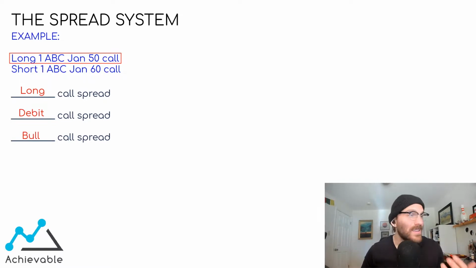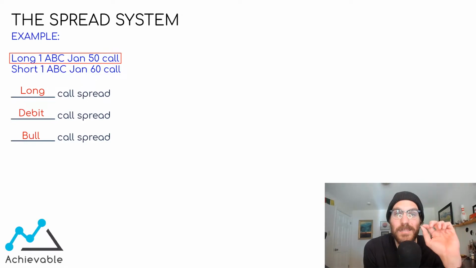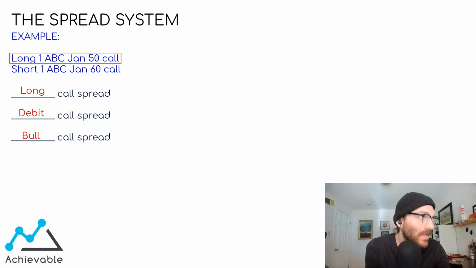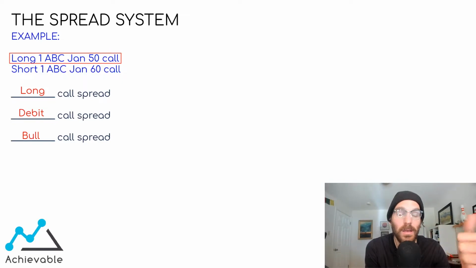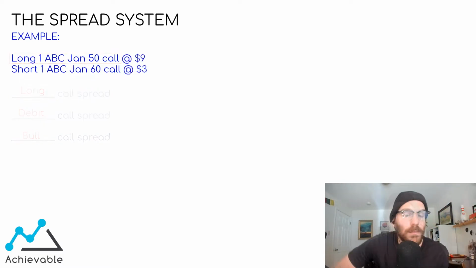So the key to naming a spread is always identifying its most important side, and there will always be one side that's more important than the other. In this case here, the long call is the more important side. Therefore, we have a long call spread, also known as a debit call spread, also known as a bull call spread. Let's assign some premiums, and then let's talk a little bit about how you can make your way through